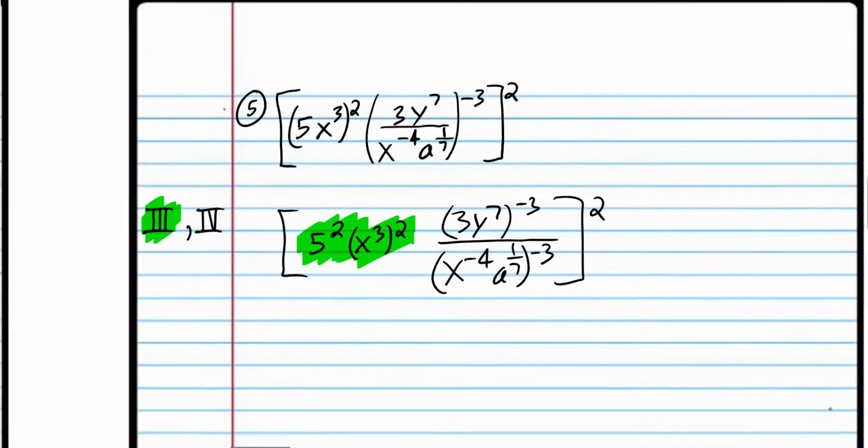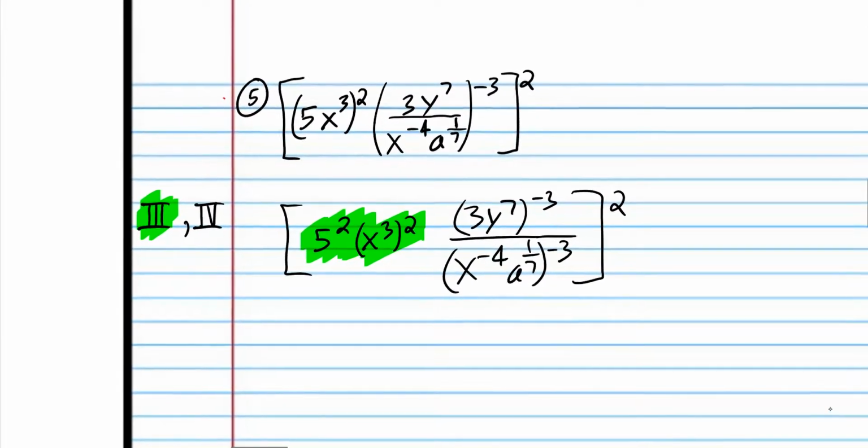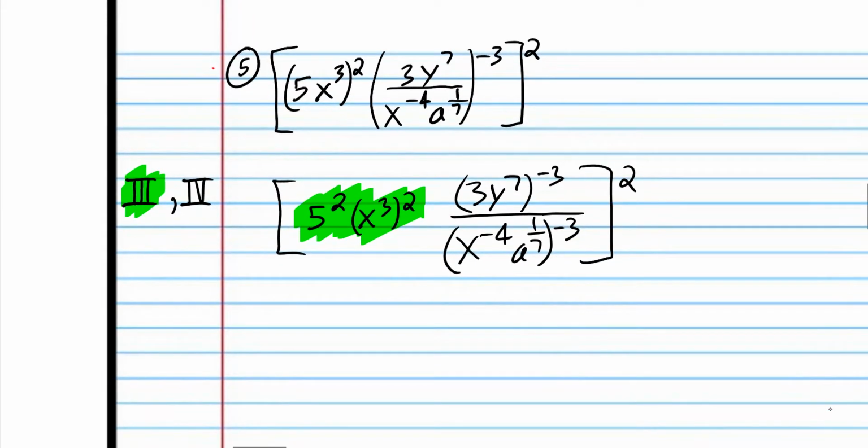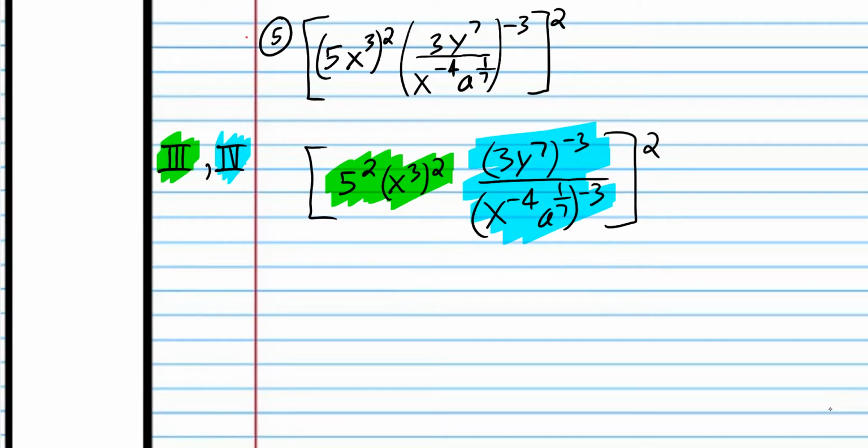And let's double check everything, make sure we wrote down everything correctly. Okay, so rule number 4 was here. Alright, so now 5 squared, and it's just 25, and then we can use rule number 5, raising a power to another power. We're just going to multiply the exponents,